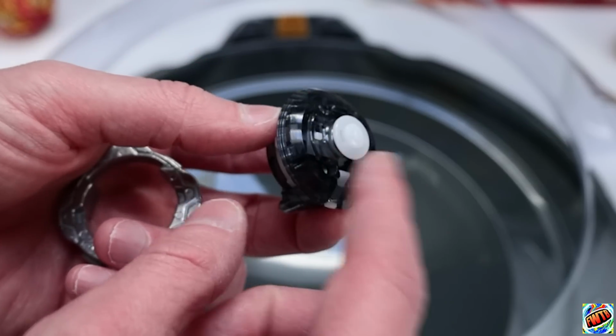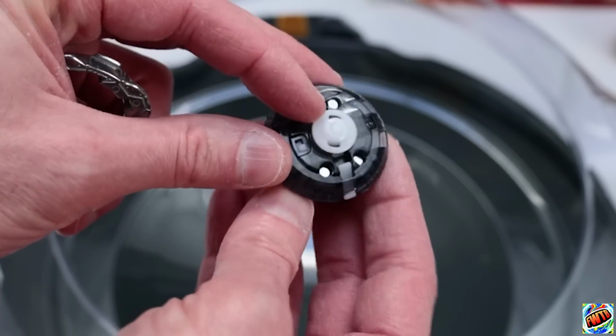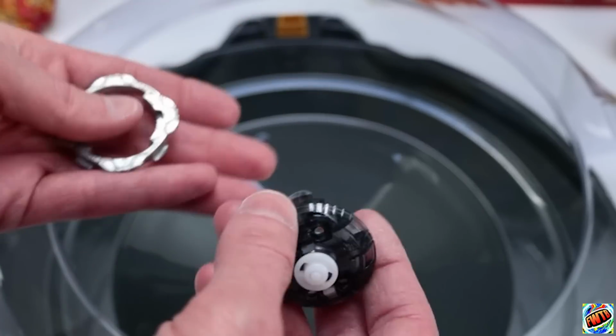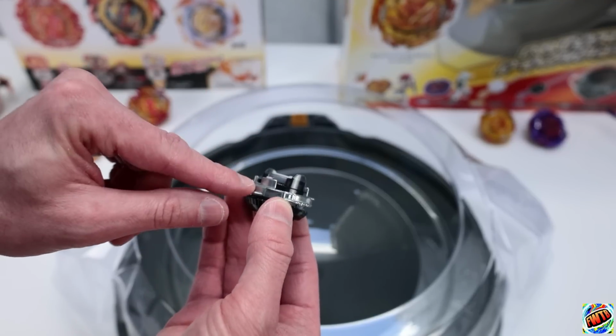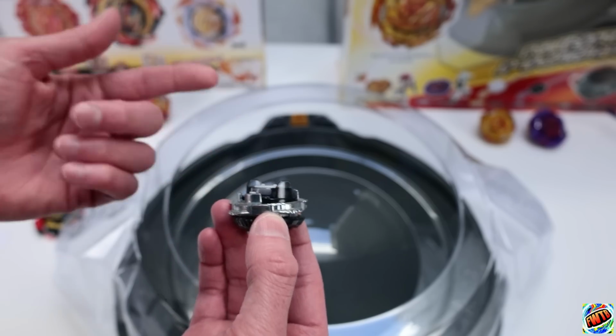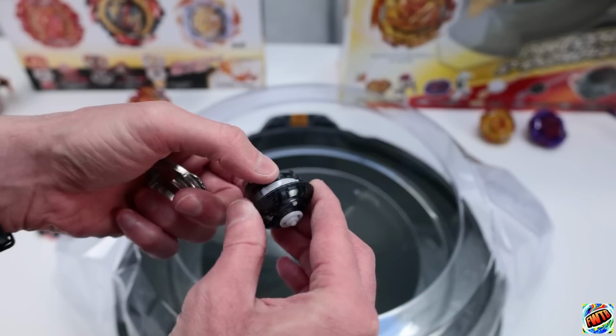But that doesn't happen in every battle, so it can happen randomly in battles, probably depending on the hits and how hard you actually launch it. Now, working it to go in low mode, this will only work one way. If you go in high mode, you can actually flip this disc both ways. Another interesting thing with this driver is you actually have some